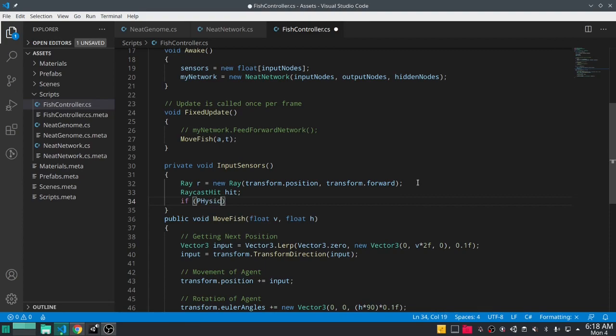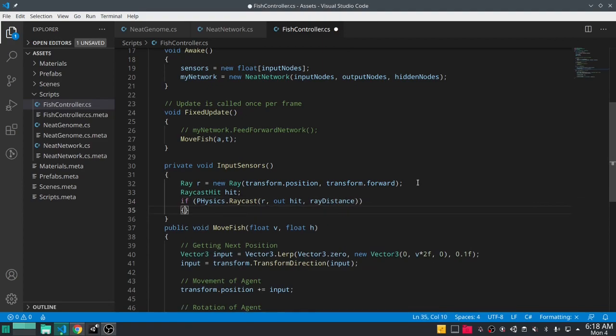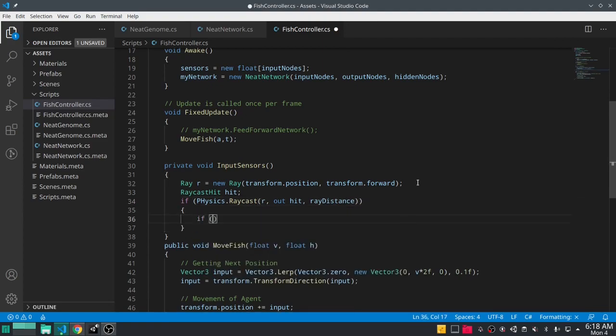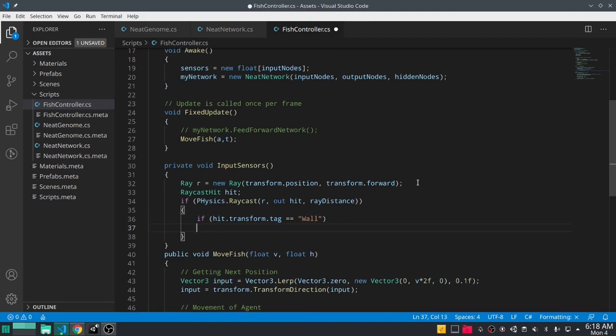If Physics.Raycast(r, out hit, ray distance), then we do an if hit.transform.tag equals wall, because our wall should be tagged with wall. And for right now, I'm just going to create 3 sensors that see walls, and I want to draw a white line if it does see a wall,